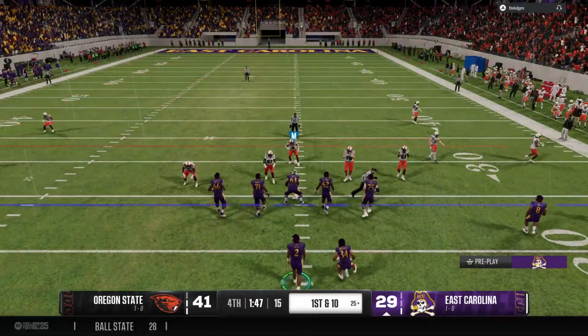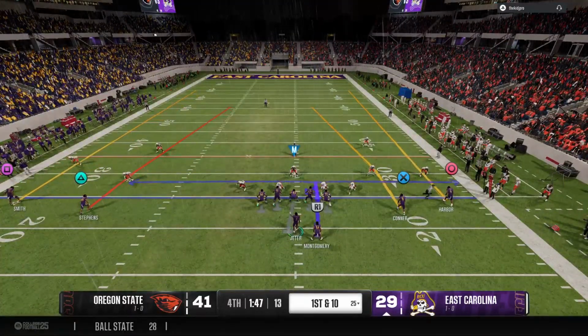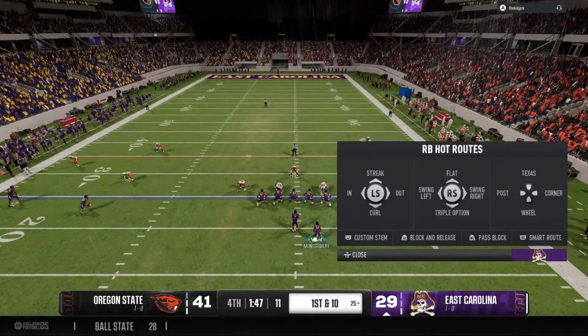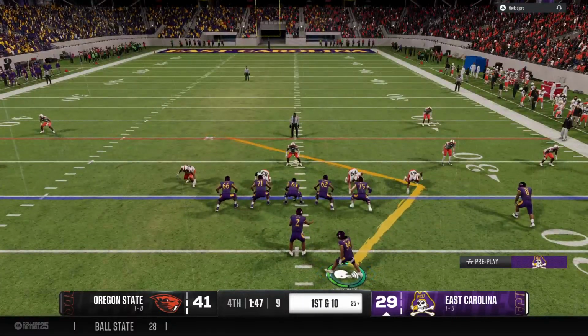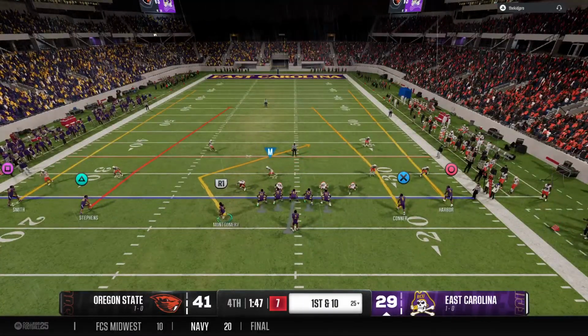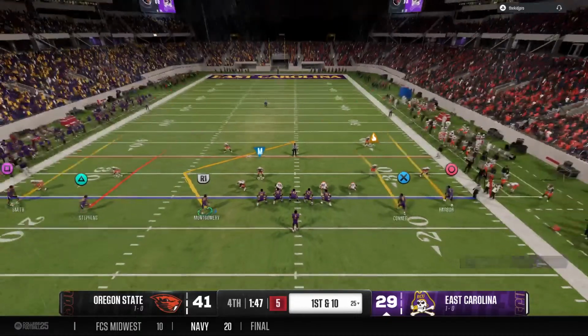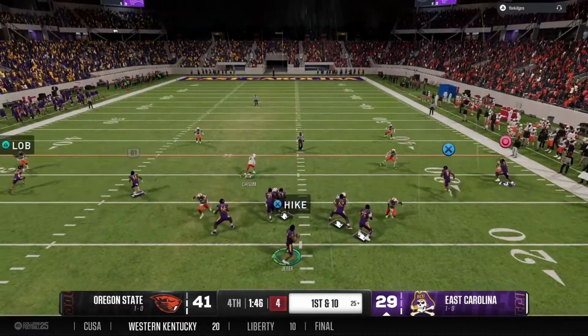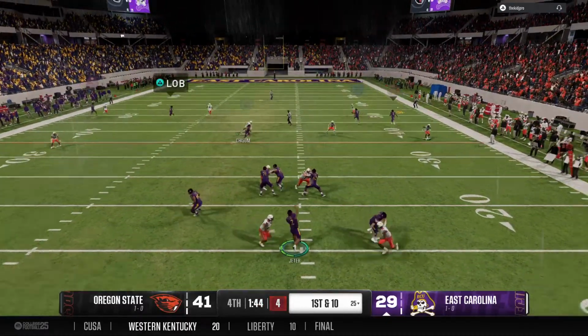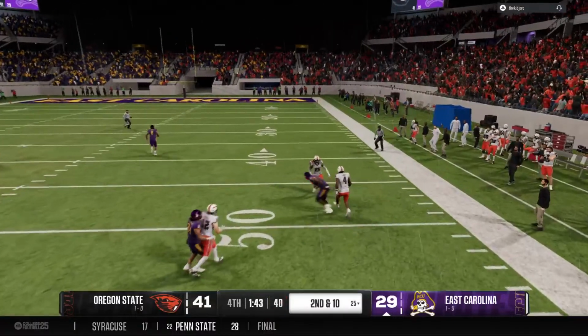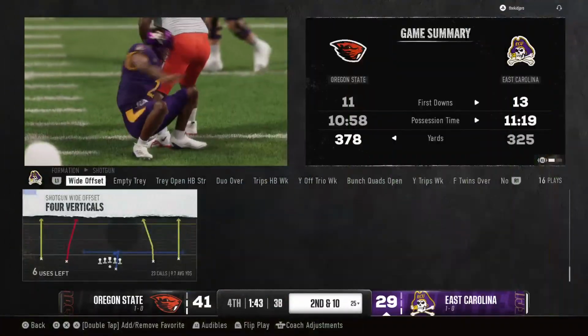East Carolina has it back, and the Purple Pirate offense will go to work. After throwing the pick on the last drive, need to take care of the ball this time, Jesse. We're going to find out a lot about this quarterback right here, too. How does he fight through adversity after that last drive? Yeah, clear the mechanism, move on. That's a part of it, right? If you're going to be a great player, you got to learn how to handle these mistakes and move on.